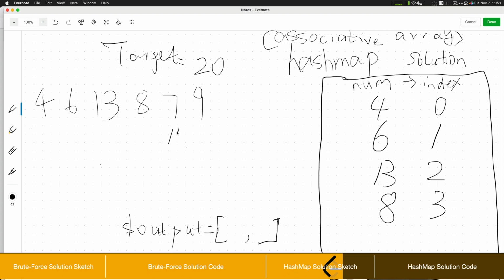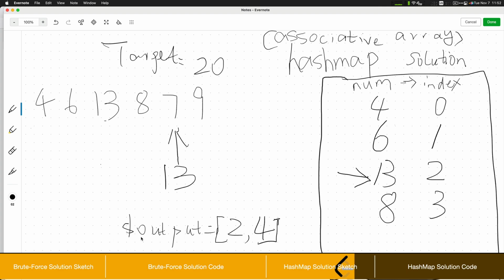Now we move on to the next element. The complement value is 13, and we find 13 in our hash map. So we can return index 2 and index 4